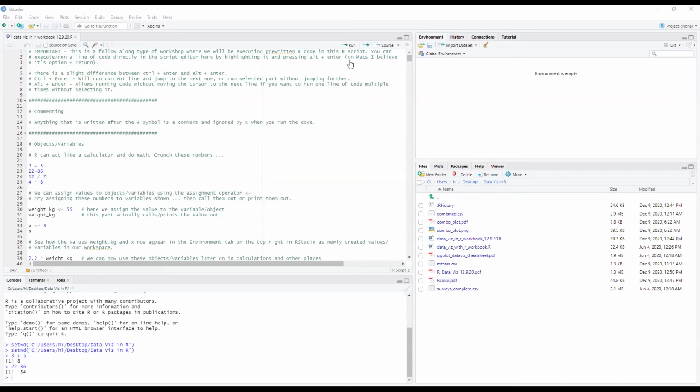Okay, Ken has an issue. It keeps telling me RStudio has stopped working when I double click on the DataViz in R workbook R script file. Unfortunately, I'm not exactly sure, so this is a little bit difficult for me to troubleshoot. I think my best answer for you is to contact me afterwards to go through it one-on-one. It's definitely a little bit more difficult to do this virtually. Sorry about that.